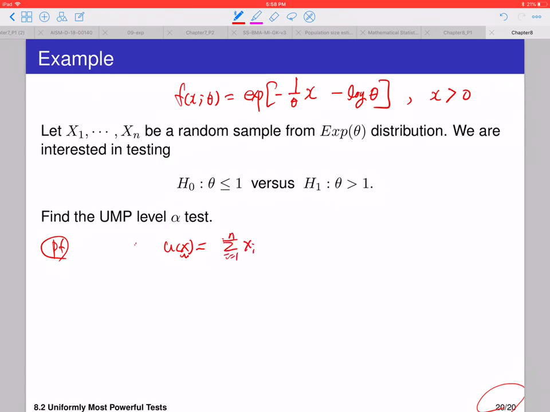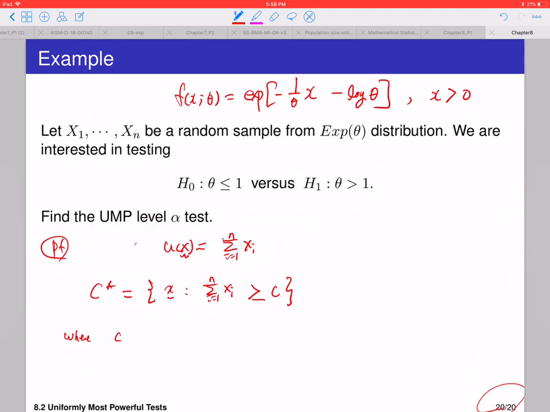So the UMP critical region is what? The summation of x_i is greater than c, where